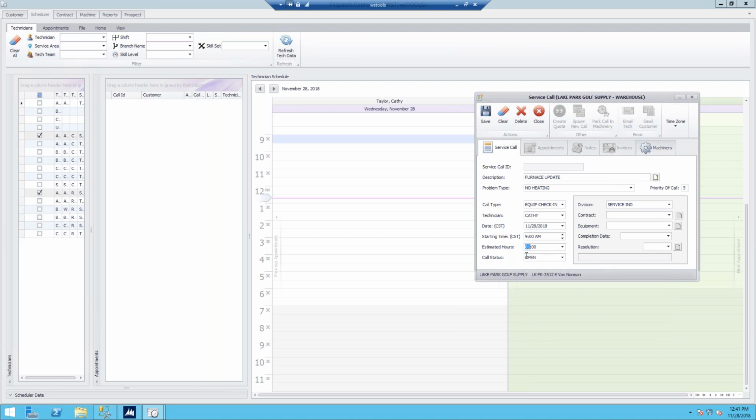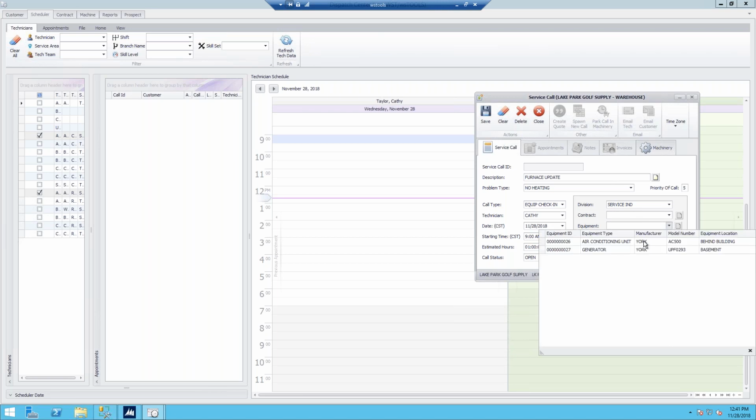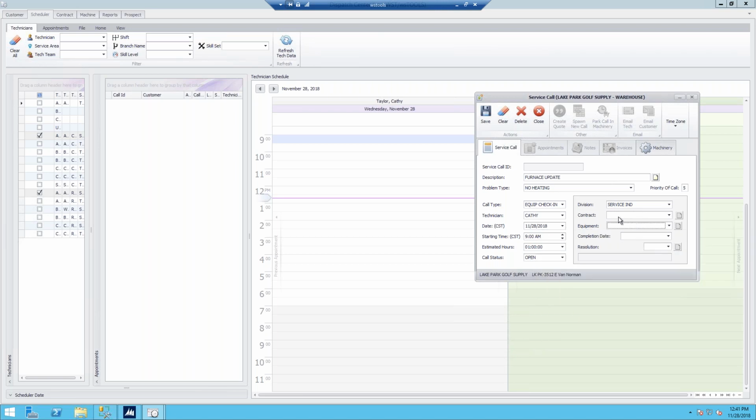Okay. At the same time, I'm going to leave this call status open. If there was a contract or additional equipment that I wanted to add in, I could do that as well and assign it from here. Okay. If you notice, my priority is showing here as well. I'm going to bump this to a priority of 2, and I'm going to go ahead and save this call. Okay. Now what you're going to see is that call has now been scheduled for 9 o'clock this morning,